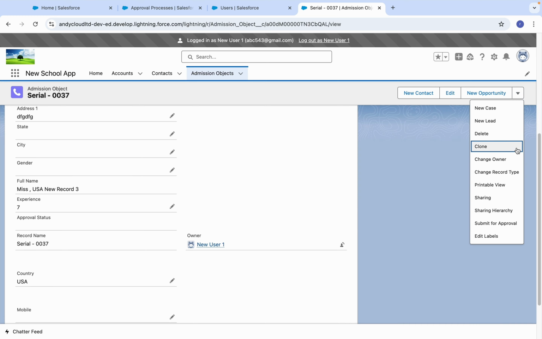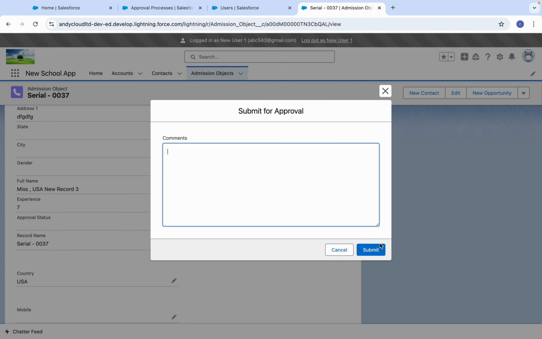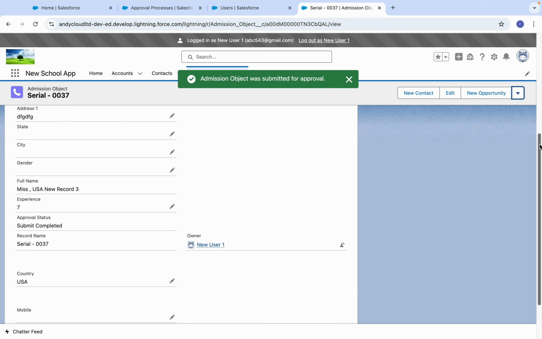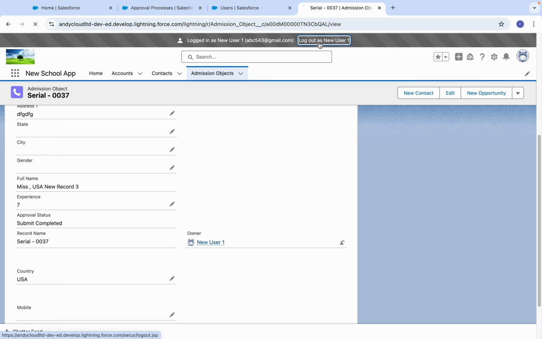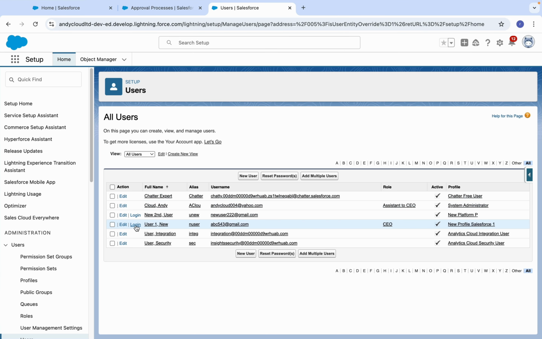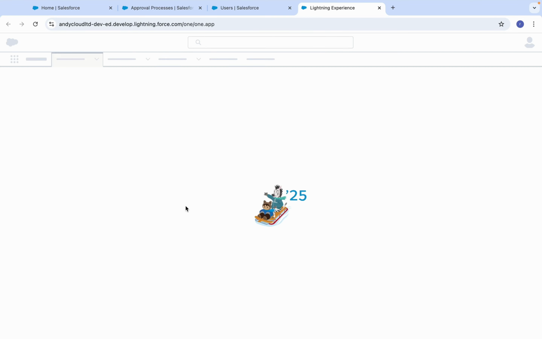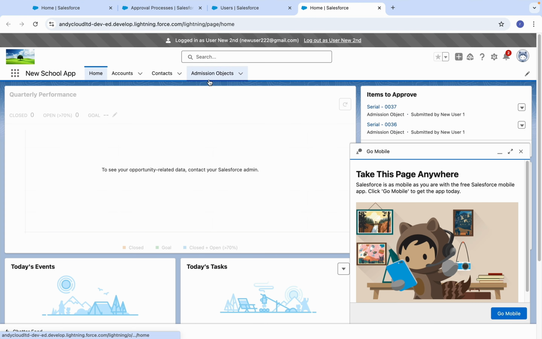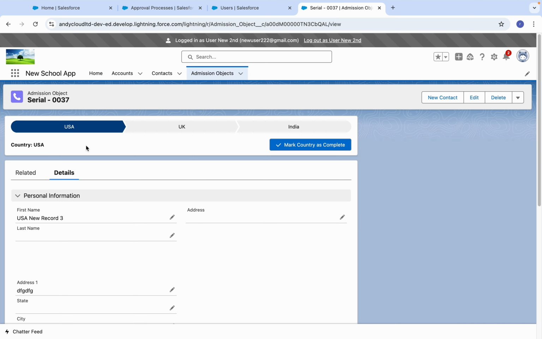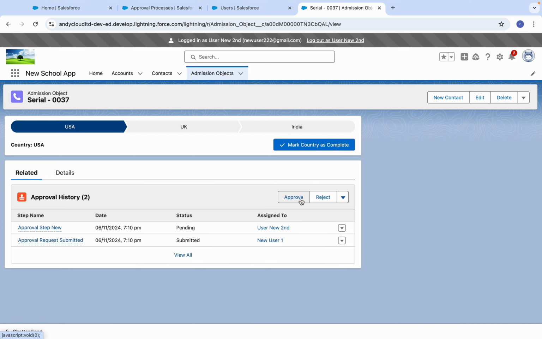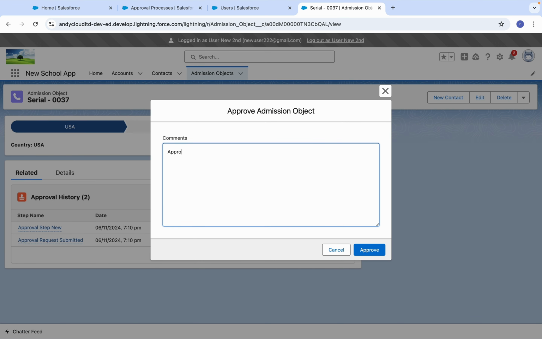When I submit the record, submit, then you see submit completed comes automatically. Now let me log out and log in as a manager. Now go to Q37 and approve the record. Approved.